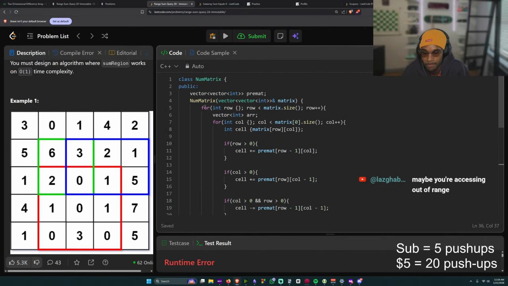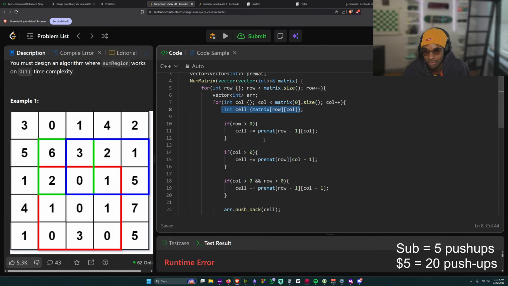Okay. Let's double check our work. We have a vector called premat, a vector of vector ints. Premat makes sense. We go from row 0 to the matrix size, column 0 to the end of the column. The cell is the current matrix at that cell.